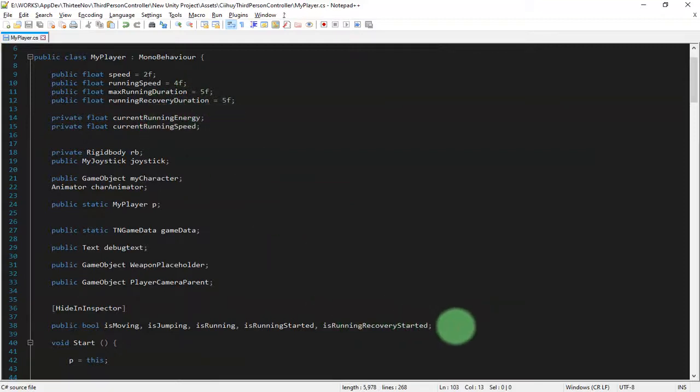So here I'm making another variable, runningRecoveryDuration.